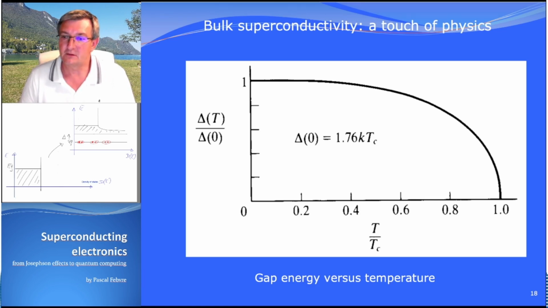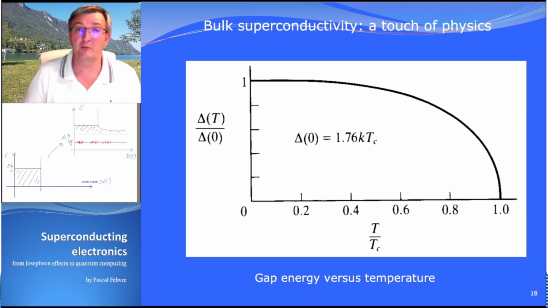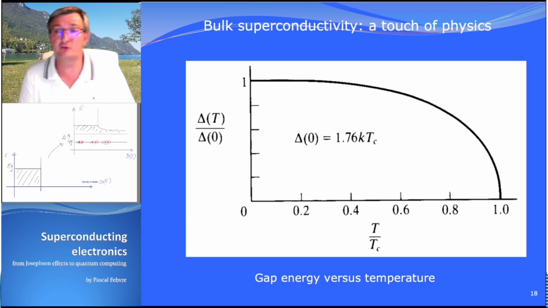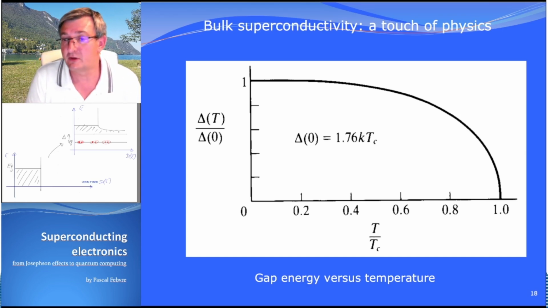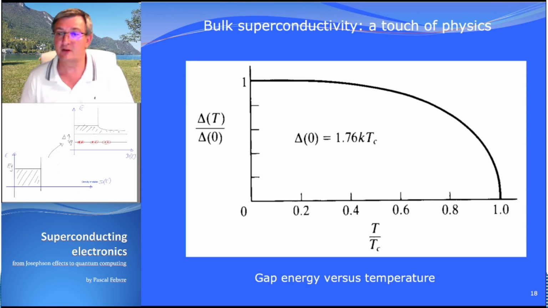What you can see is that this gap doesn't change too much if you stay below Tc over 2. So usually when you want to have the good properties of superconductors, you always like to be below Tc over 2, and most of the time we use niobium as a superconductor. Tc is 9.26 Kelvin, and when you are at 4.2 K, it's perfect, you are just below Tc over 2, and you still keep most of the good properties of superconductors while not having the difficulty to cool at very